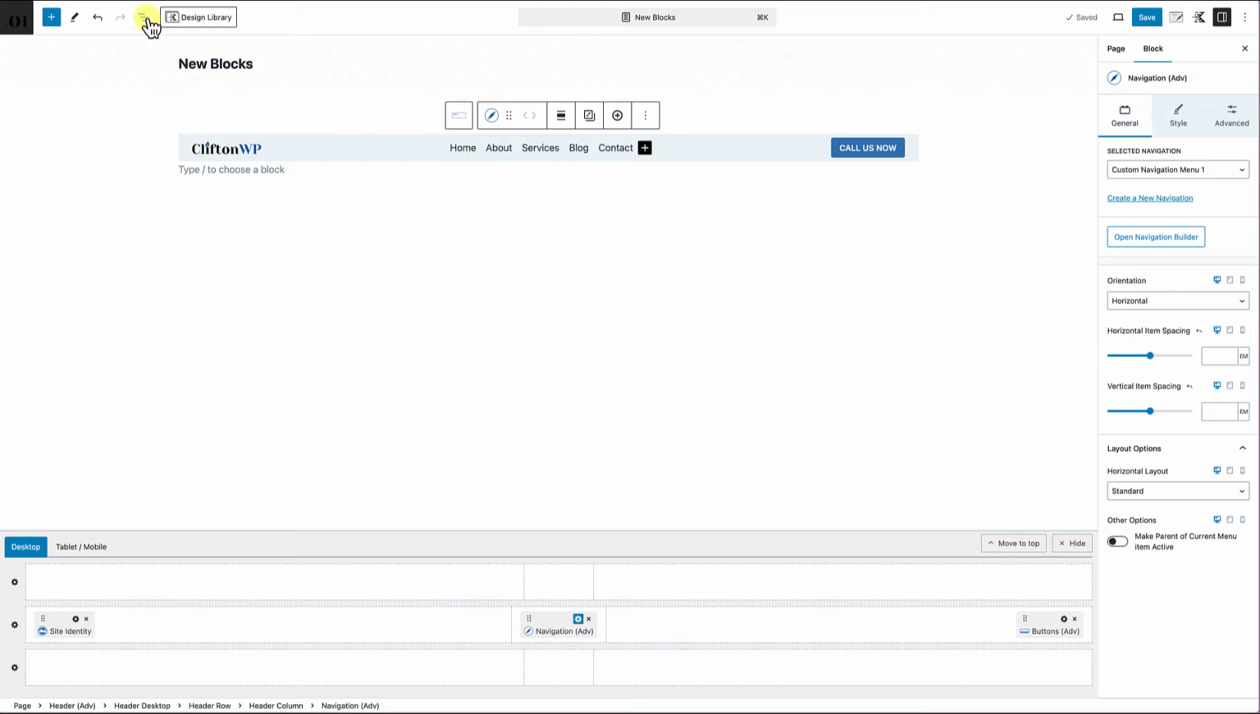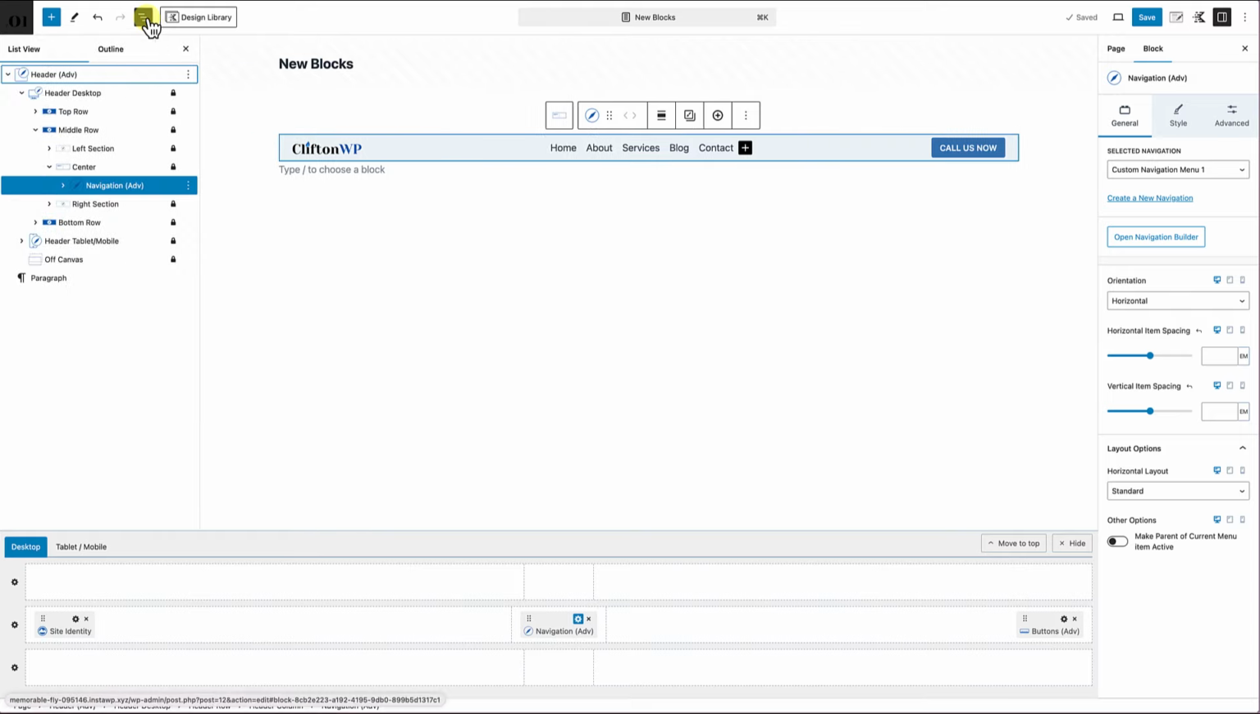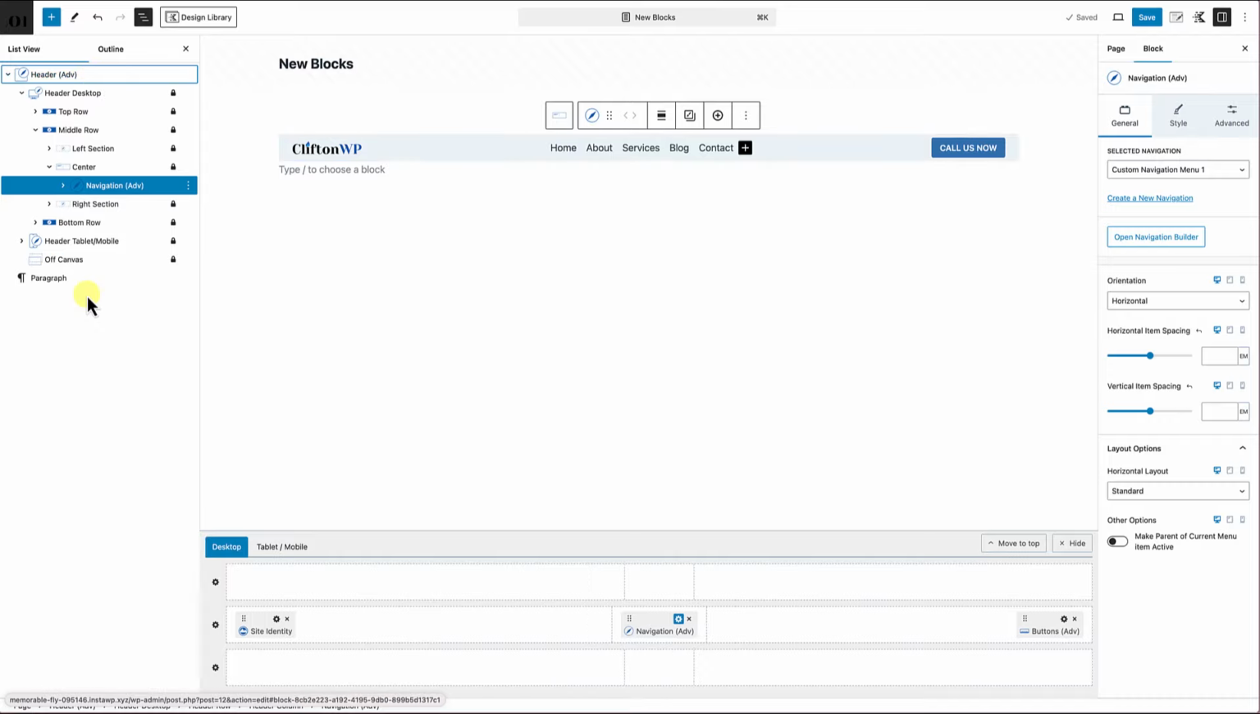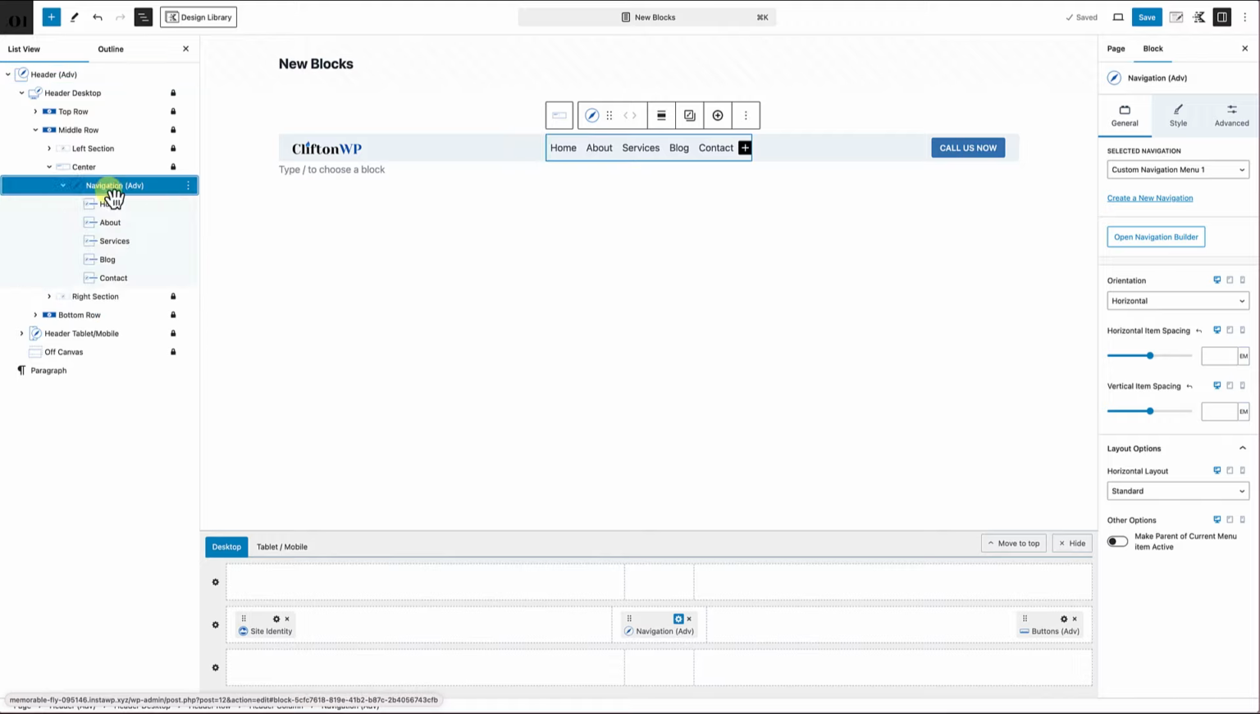So I'm gonna go ahead and click on the list view icon here, or the document overview icon here. And here we can see all of our blocks and the entire layout. Okay. So over here in the center, we have our navigation. If I open this up, you can see here under the navigation block, we have the